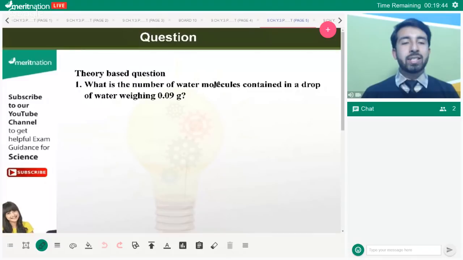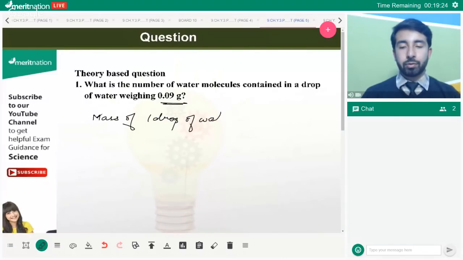We have already discussed what atomic mass is. You can watch the video again for that. So the question says, what is the number of water molecules contained in a drop of water weighing 0.09 gram? So here you are given the mass of one drop of water. So the mass of one drop of water is